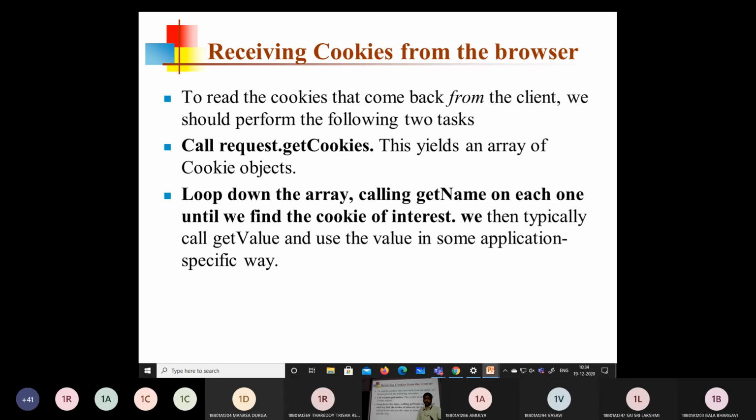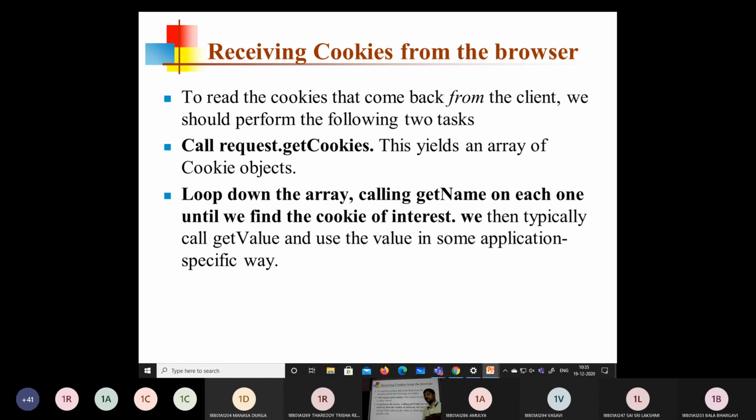Use a for loop, and inside the for loop you retrieve each cookie object using the methods getValue or getName, to get the name or the value of the cookie. Then you process the existing cookie object, and create a new cookie object.